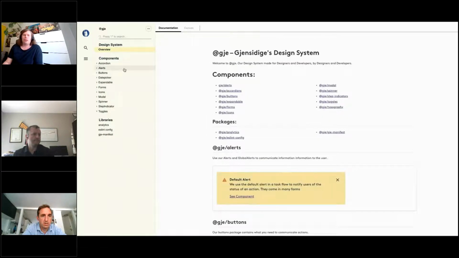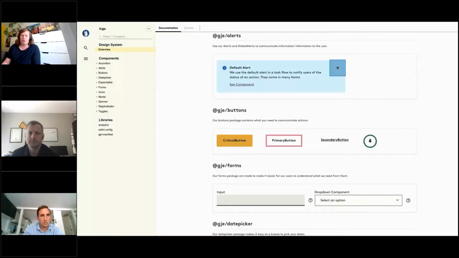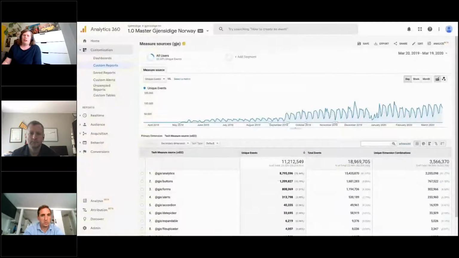I'm not going into detail here either because it's sort of high level. If you're interested in learning more about our design system, feel free to get in touch. And of course, one of the things that we include in our design system is built-in analytics. On a component level, we include everything you need in order to get the necessary measurements within analytics tools like Google Analytics and even other tools.